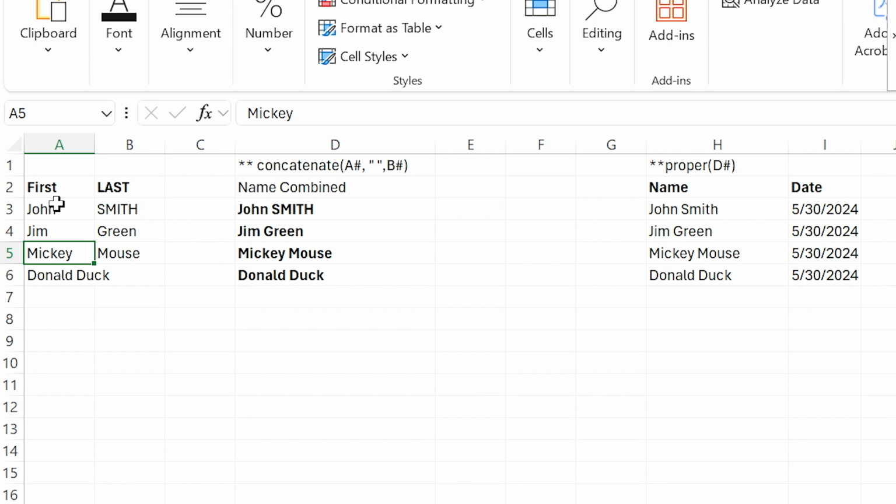Okay, so John Smith. Smith is all capitalized for some reason. Jim Green, that one looks correct. Awesome. Mickey Mouse looks correct. Donald Duck, that's all in one cell. You know, it's not split up by first and last name. So then what I do is I create another